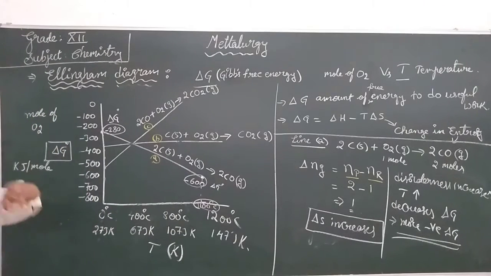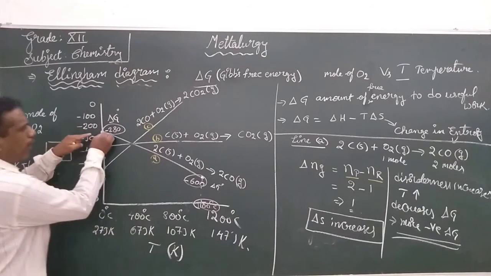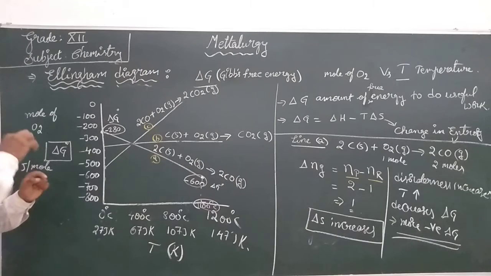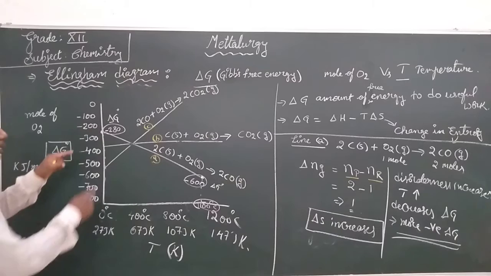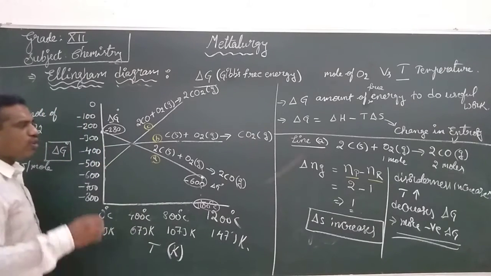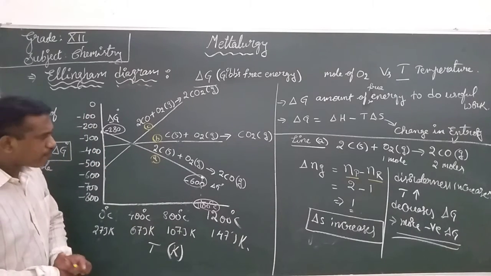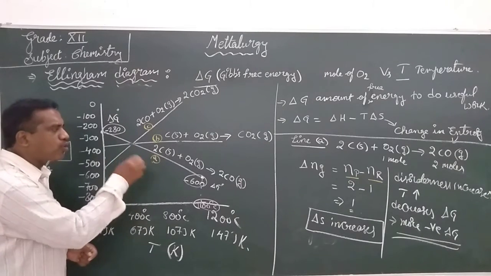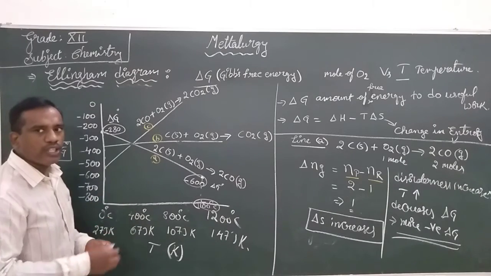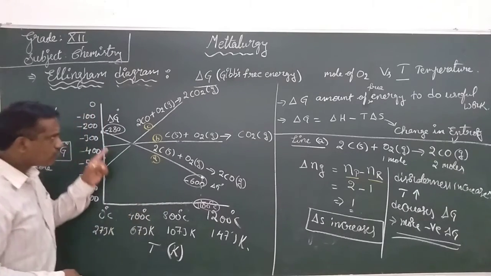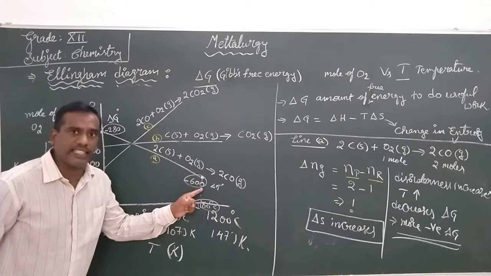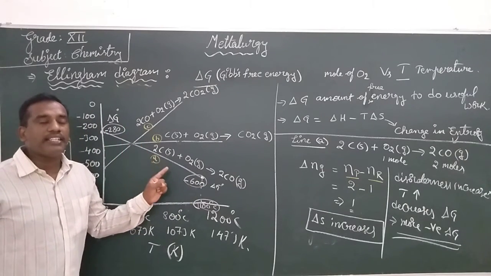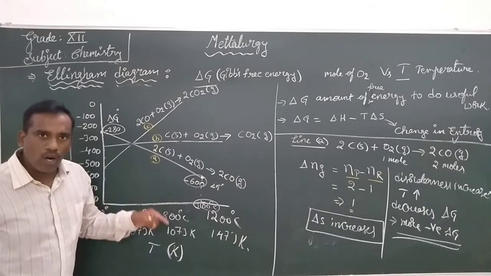So this is the graph majorly related. Now please observe why the line is decreasing, having a negative slope. We want to speak why it is having a negative slope. In some books, you can also find it given as only carbon, but I have given it as 2 moles of carbon plus O2 gives rise to 2CO. Why is the line decreasing? The line is having a negative slope because